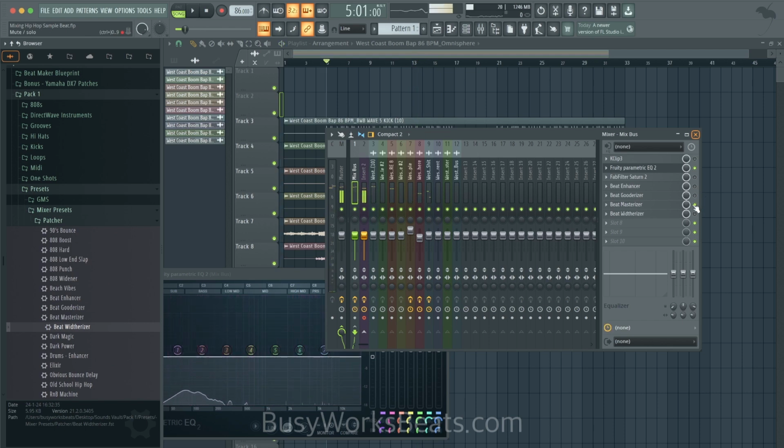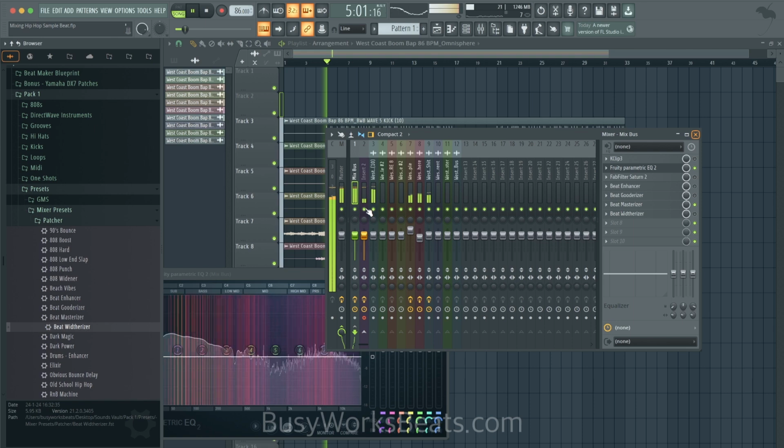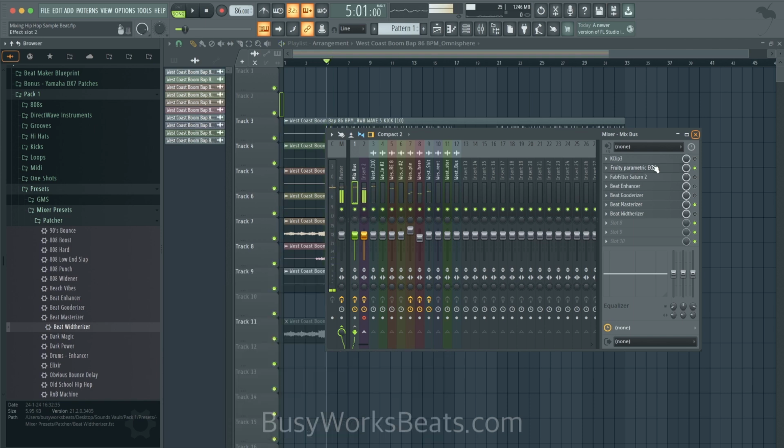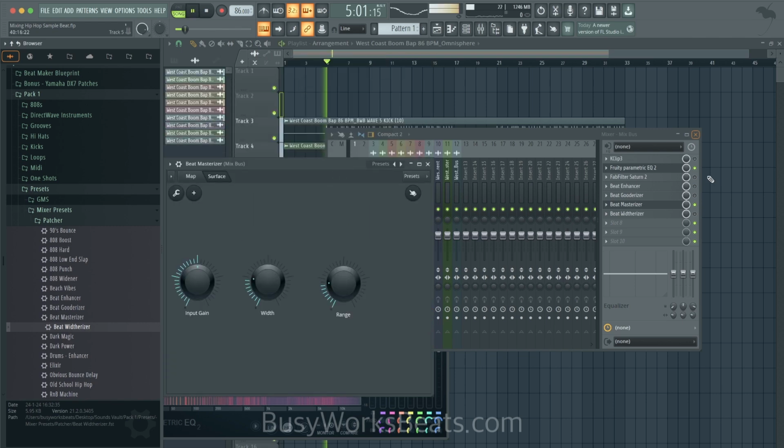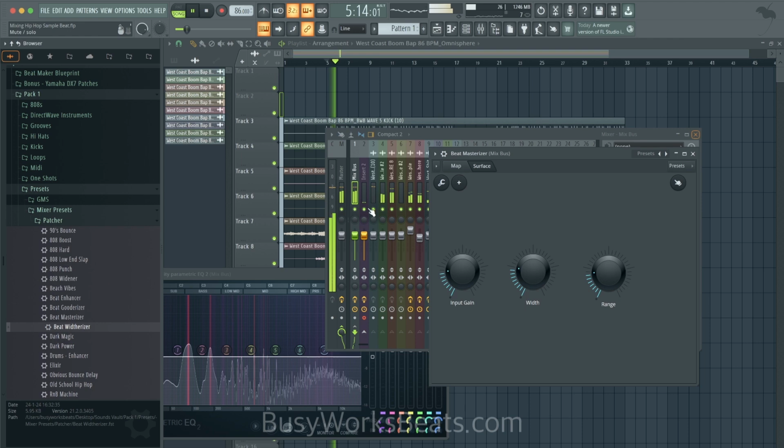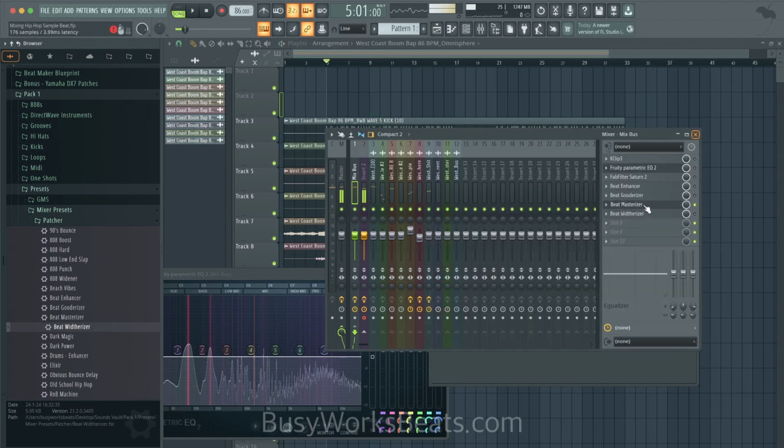Okay, so Beat Masterizer is meant to actually control the levels. So this one's gonna make it loud. Now again, you can adjust the input volume. If you actually go inside the plugin, we have the input gain. Let me turn this down. One of my favorites though is this width knob.